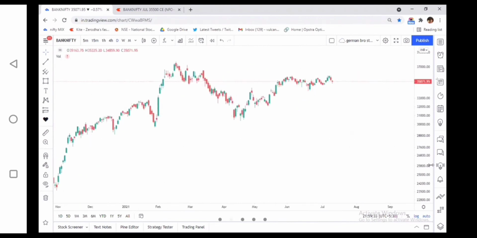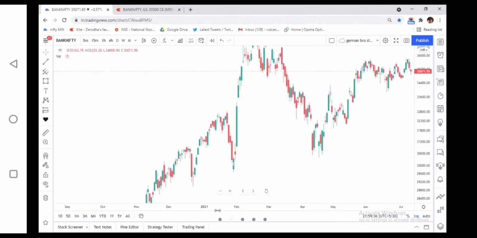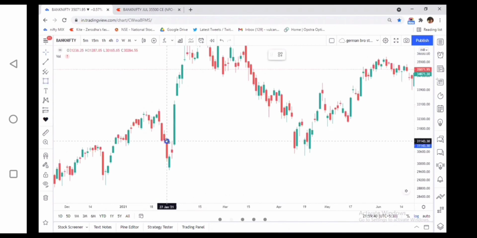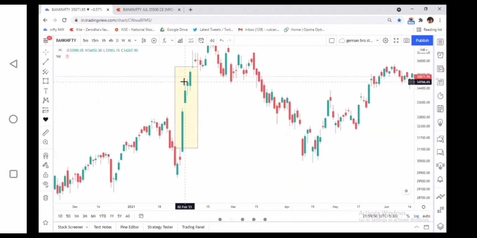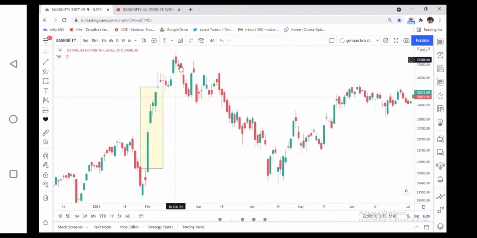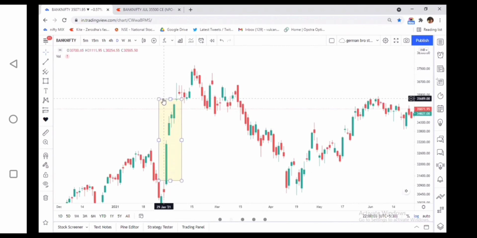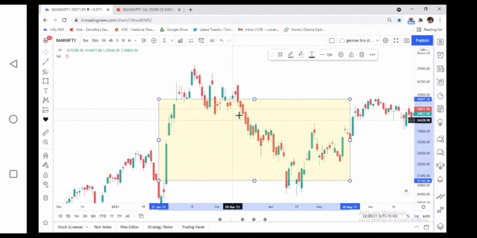Now see this again in another one-day chart of Bank Nifty. This is my liquidity void, when the market runs so quickly and creates too many voids. So after the 1 2 3 structure forms above, we will be sure that the market will come down and fill these gap liquidity voids. So this is just a confluence, nothing else.